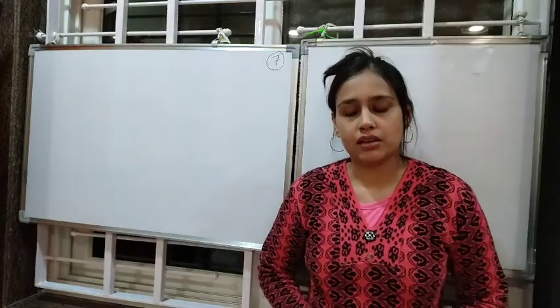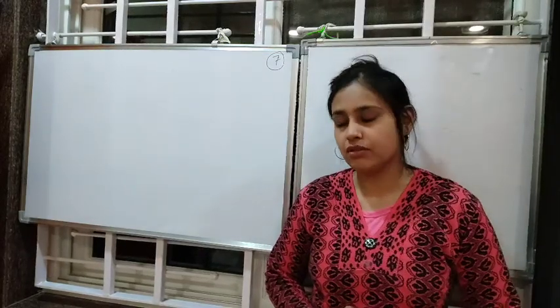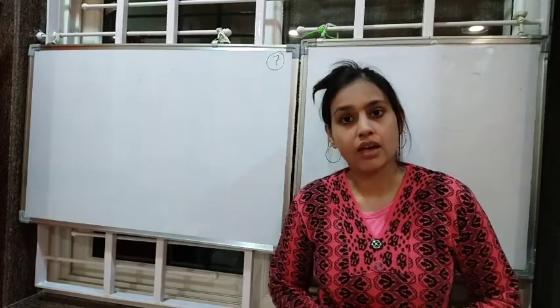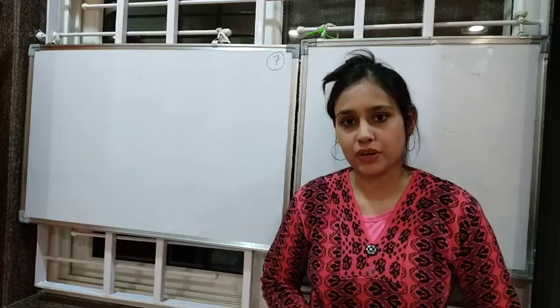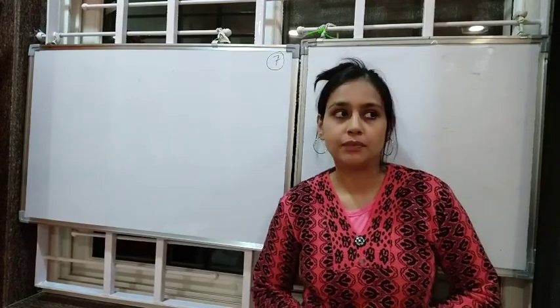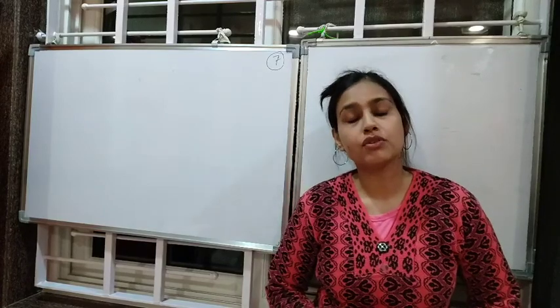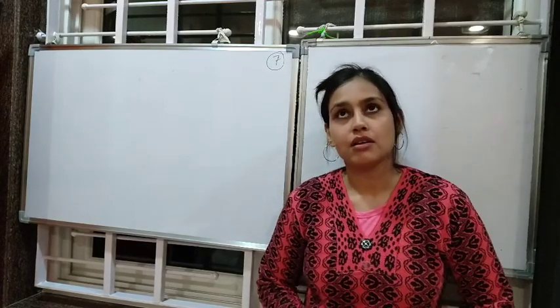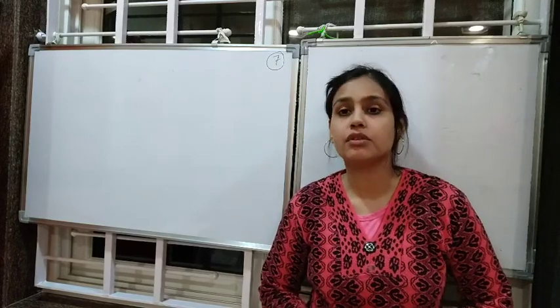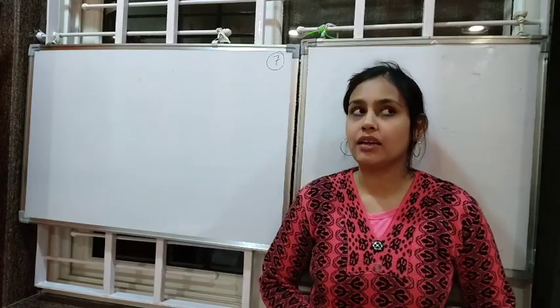Children, in our last class, we started with a new chapter. We started the algebraic expressions, right? Where we studied what is an algebraic expression. We studied about the variables, the constants. Then we studied about the terms of the algebraic expressions. We studied about the factors, right, of the terms. We studied like, unlike terms.